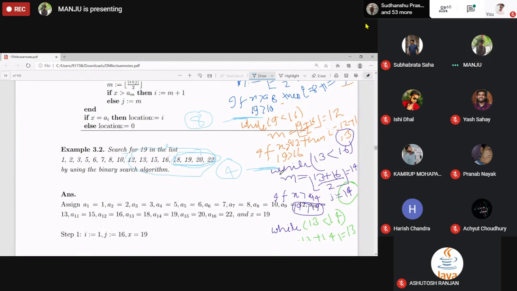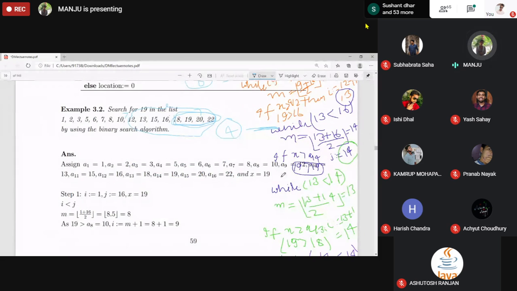Okay. At this step, how many elements? J is 14, I is 13. So 2 elements, A13 and A14, that is these two, 18 and 19. So 2 elements, 4 by 2.